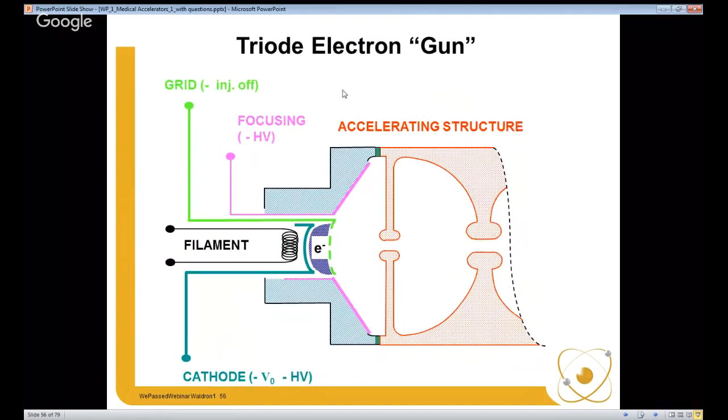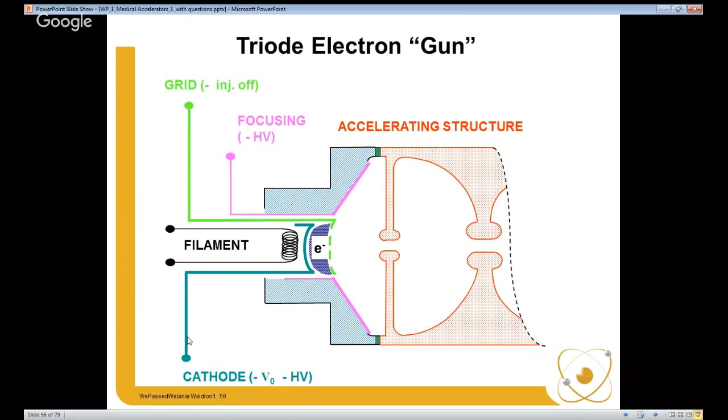The other type of gun that we find in medical accelerators is the triode electron gun, triode referring to 3 elements. And so here we have the anode, which is the accelerator. We have the cathode, which is emitting the electrons, and we have a grid. We have a filament that is heating the cathode. In most of these cases, it's an indirect, it's a dispenser type cathode, so it has a separate heater and cathode structure. The filament heats the cathode, electrons are boiled off,